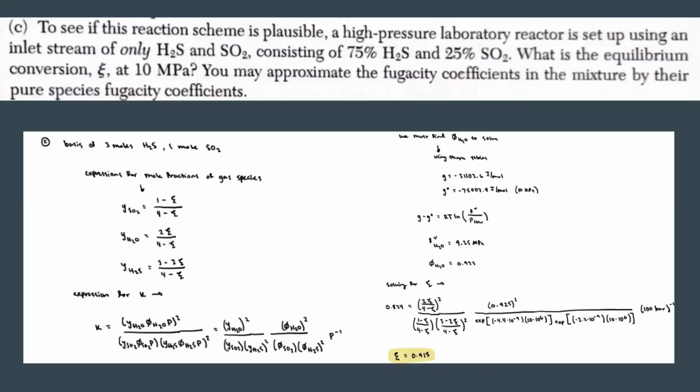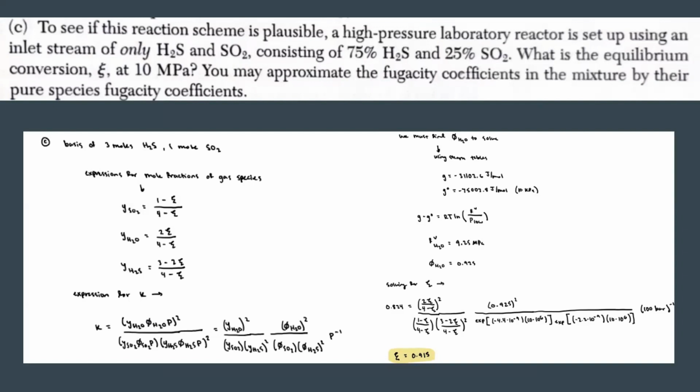Part C asked us to consider a 3-to-1 feed of only hydrogen sulfide and sulfur dioxide, and to determine the equilibrium conversion at 10 megapascals. So first, the expressions for the mole fraction of each species were written in terms of xi using nu, which is derived from the stoichiometric coefficients from the equation, and then n naught v, which is the initial vapor amount